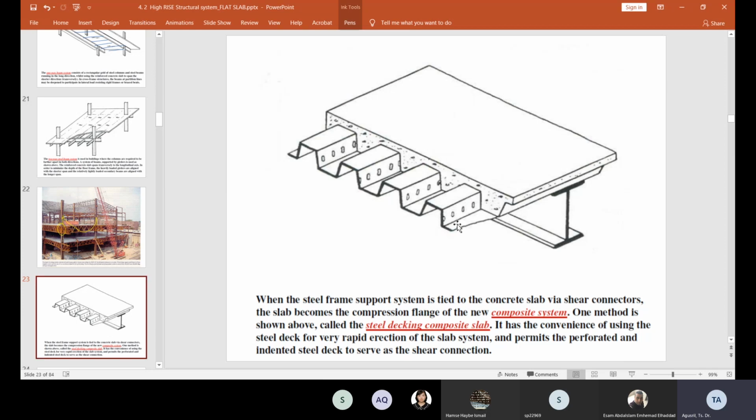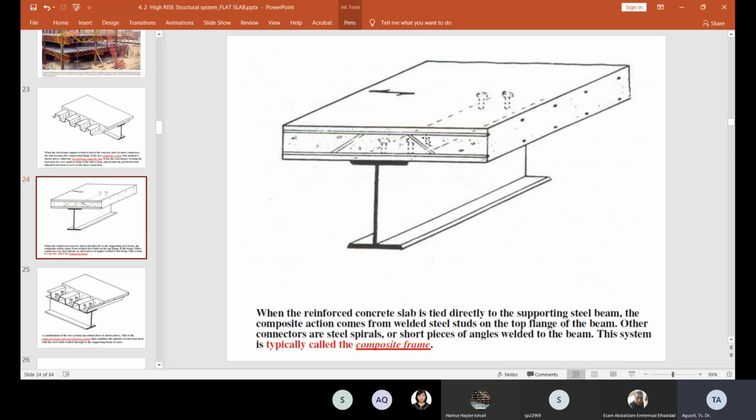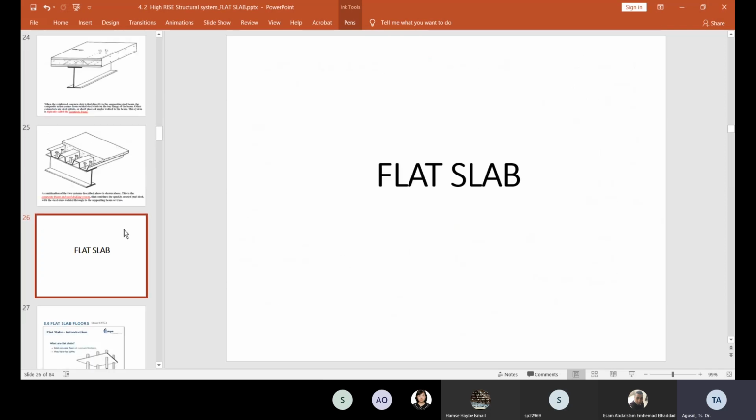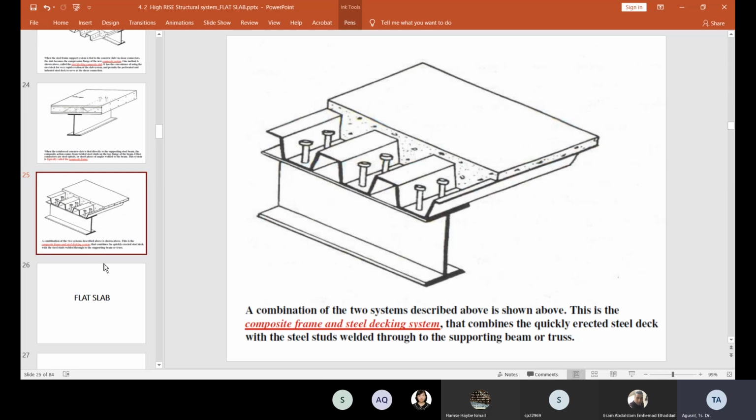Okay, so as I mentioned, this is the steel deck with the concrete and this I-beam, the same thing. So this is the shear stud. The shear stud is actually to connect the slab and the steel beam. Okay. You can see this is the shear stud. And then this is the steel deck. Okay, I think for the introduction, that's all from me.